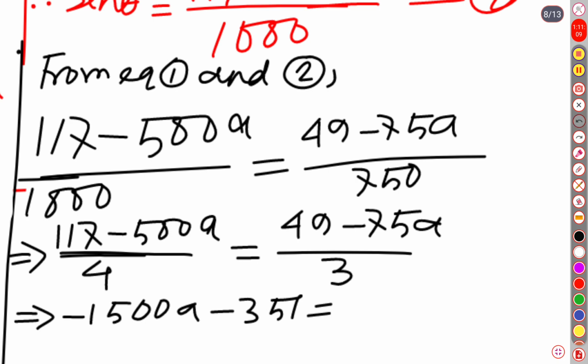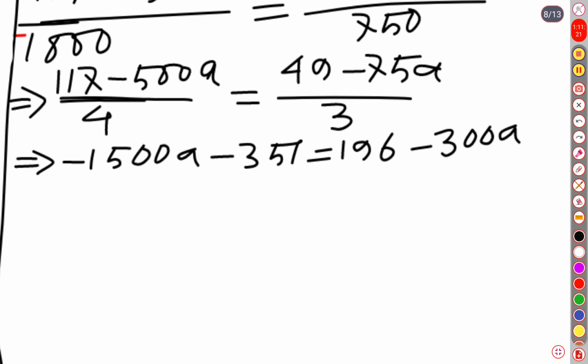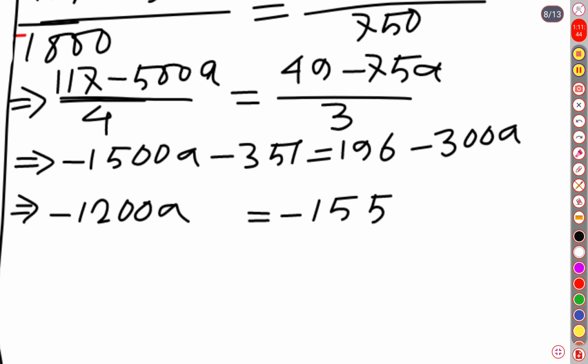Or 196. 196 minus 300a. So how many a's are there? 1500, and if we subtract, it is going to be negative 1200a, and for the constants, if we subtract 196 from 351, it is going to be negative 155. Hence our a is going to be, if we divide 155 by 12, it is going to be